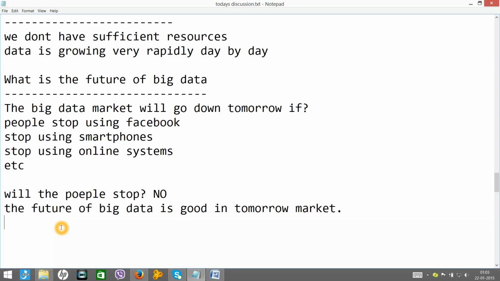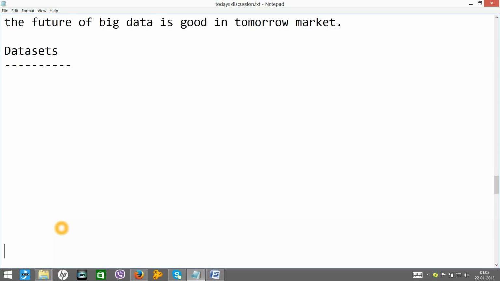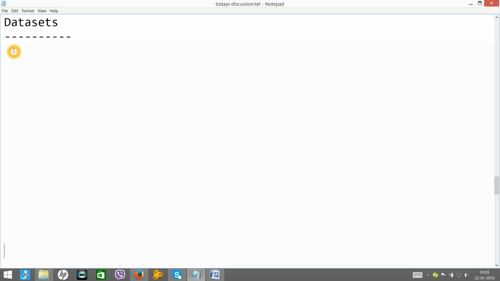Alright, now let's talk about example datasets. As we are going to learn Hadoop, which is nothing but a framework to deal with big data sets, big data. Okay, now the question is, while practicing the examples, are we going to just write a simple hello world kind of examples, or are we also going to work with some sort of large data?